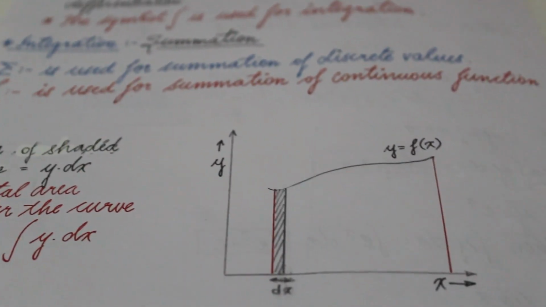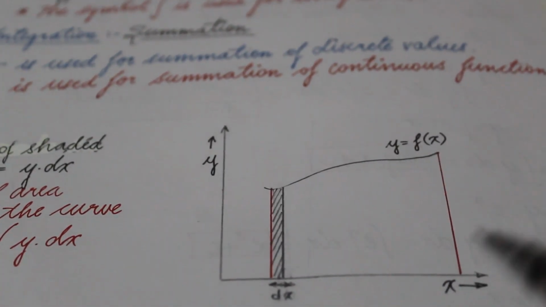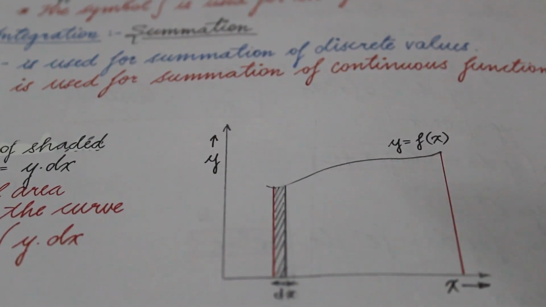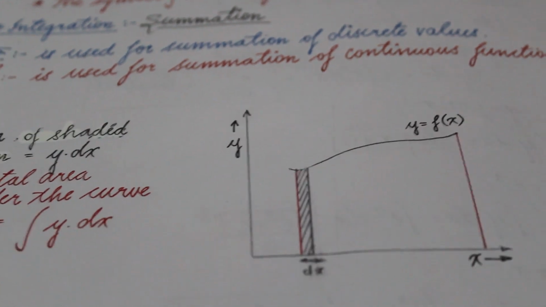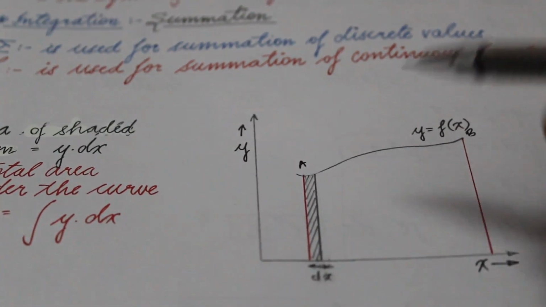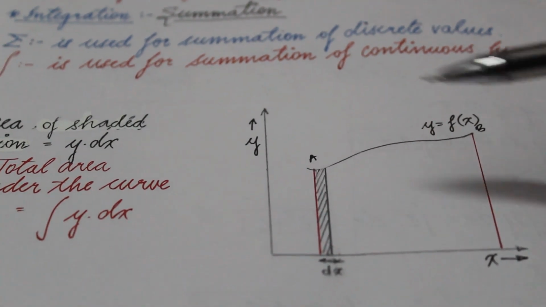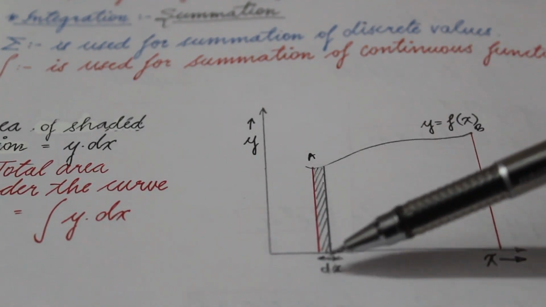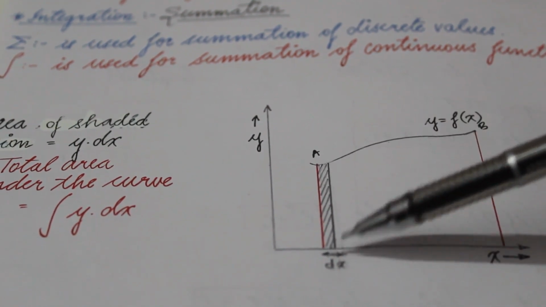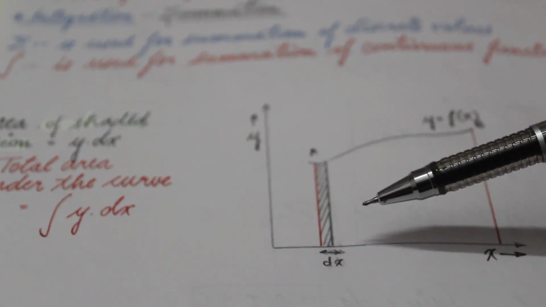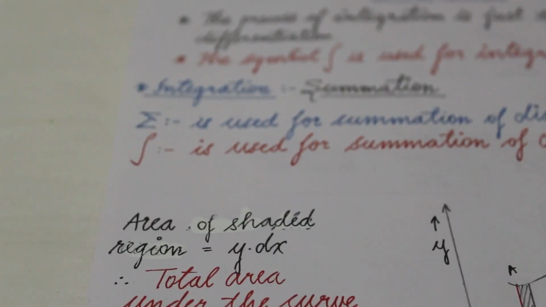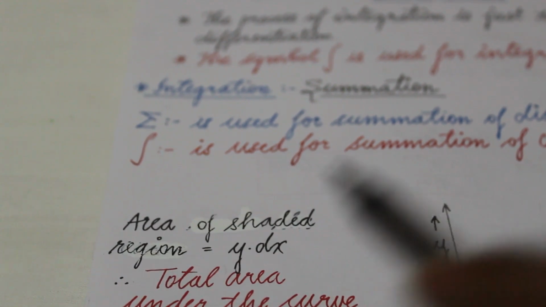What if the curve is a kind of continuous function? Let's say this kind of function. Now how do we find the area under the curve in this case? Let's say again we have to find the area between points A and B, which are indicated by the red lines. What we'll do is again divide it into this shape. Let's say the thickness of this is dx, as you can see in the diagram, and this distance is y. So the area of the shaded region will be y into dx.